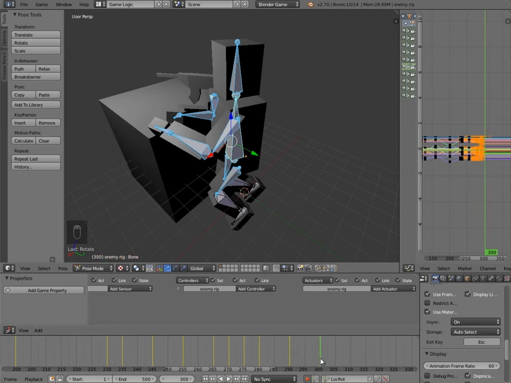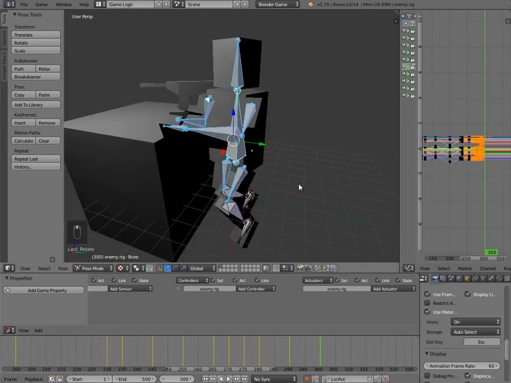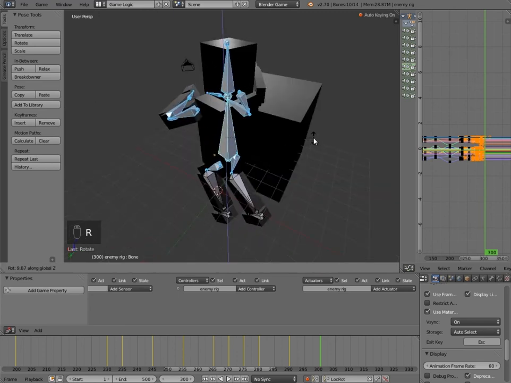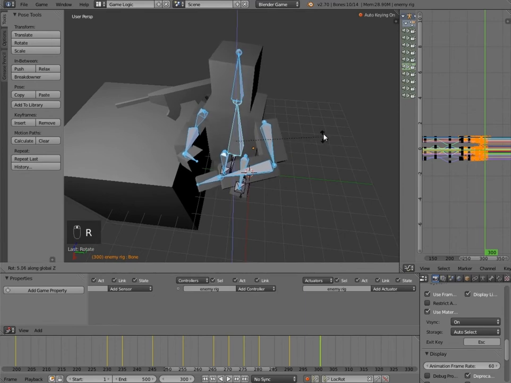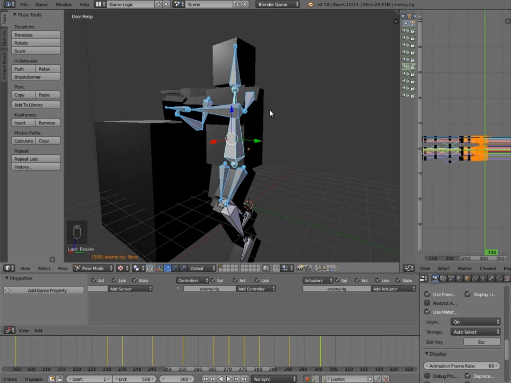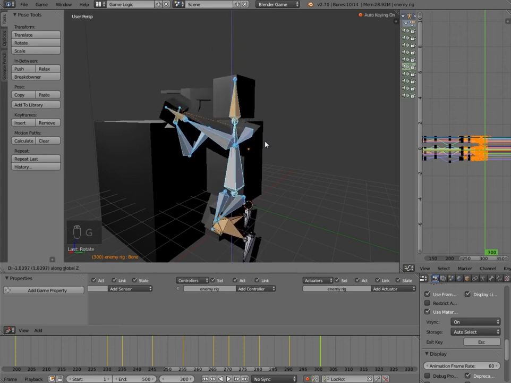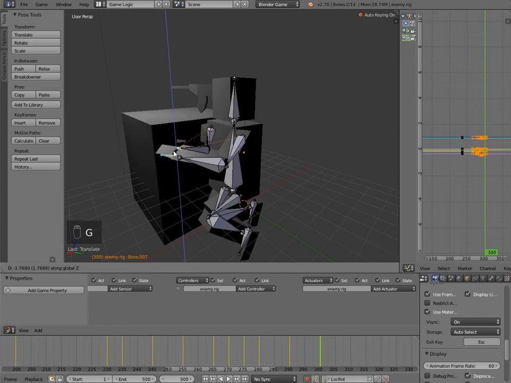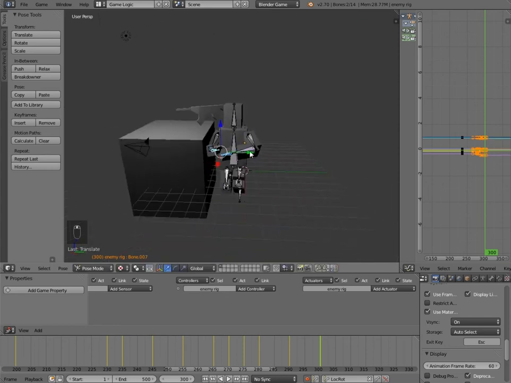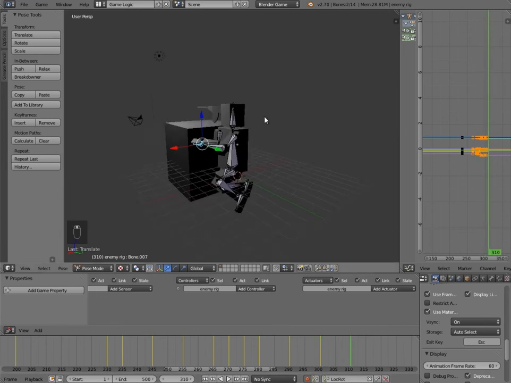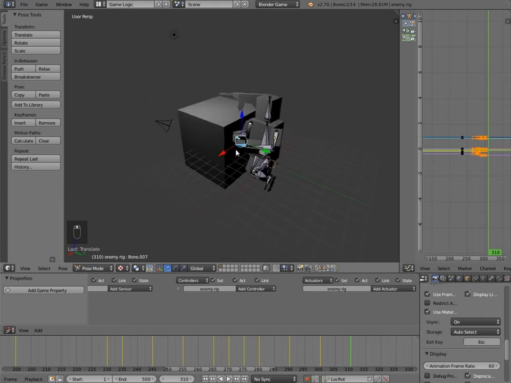Okay, and then frame 300, just still with the top selected, we'll sort out the legs afterwards. I'm going to press RZ and rotate him even more, so he's almost aligned with the side here. At the same time, we also want him ducking down again, so GZ, and he's going to be moving down like so, possibly all the way. I'm going to select his hands here, move them down as well, so something like that, and then we're going to go along 310, and hopefully by now he is fully ducked